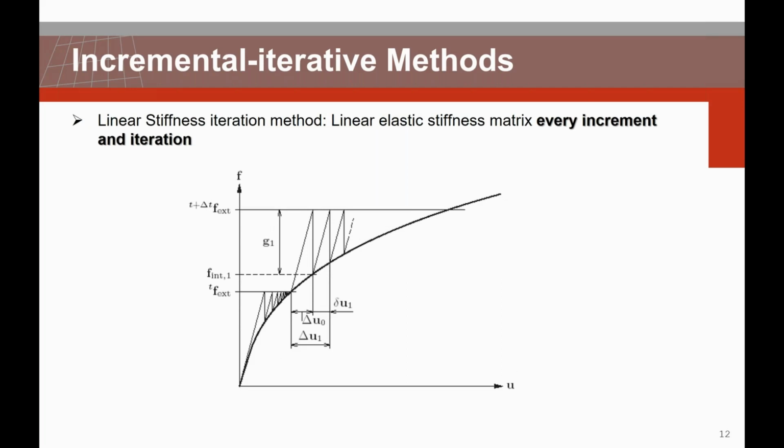The linear stiffness iteration method, where the linear elastic stiffness matrix is used for every increment and iteration. There is also the constant stiffness method, which uses the stiffness matrix left behind by the previous increment. This means that if Newton-Raphson iterations are used during the first phase of an analysis, for instance, and constant stiffness iterations in a second phase, the stiffness in the latter will be equal to the last calculated stiffness in